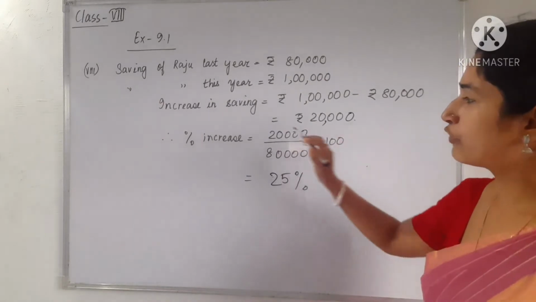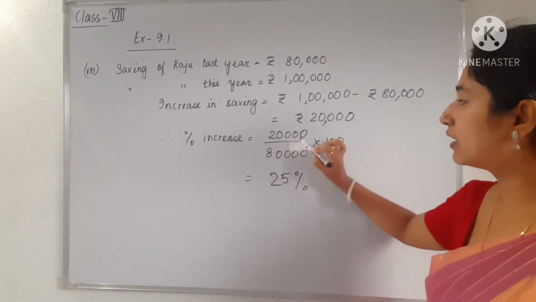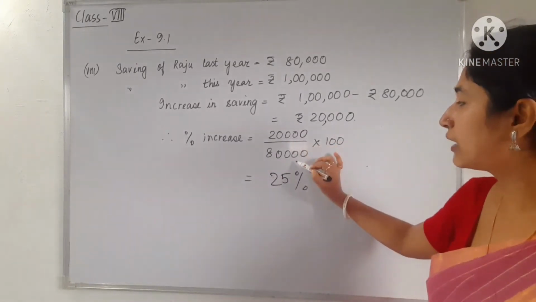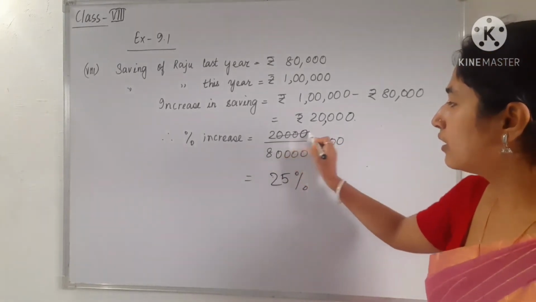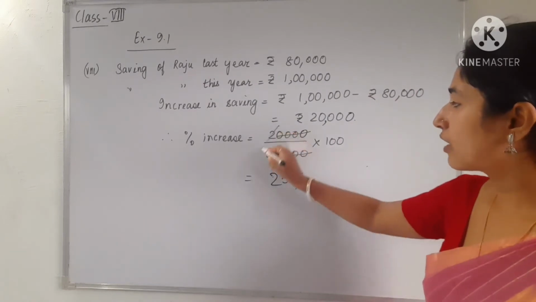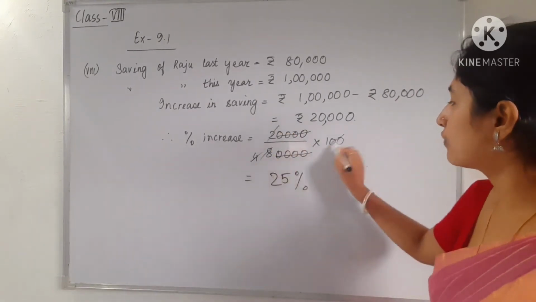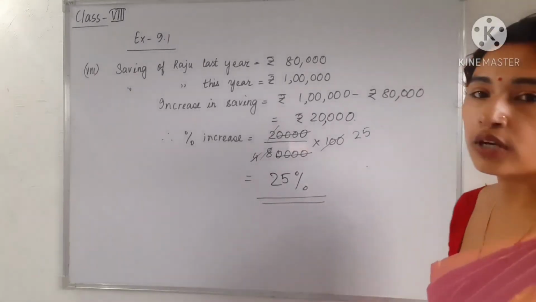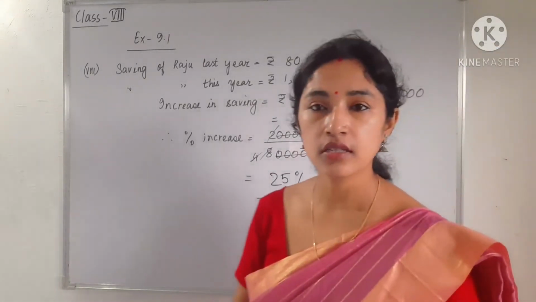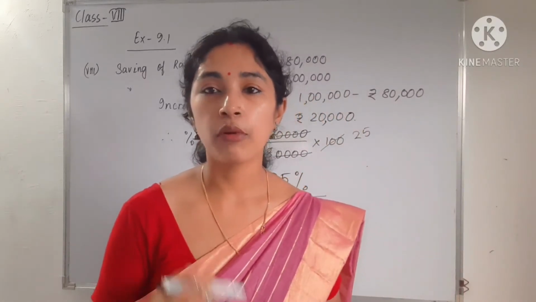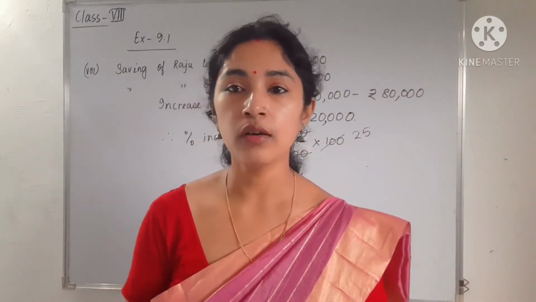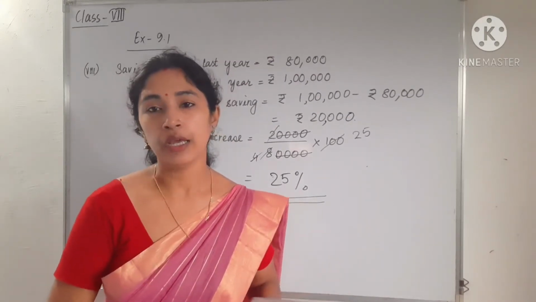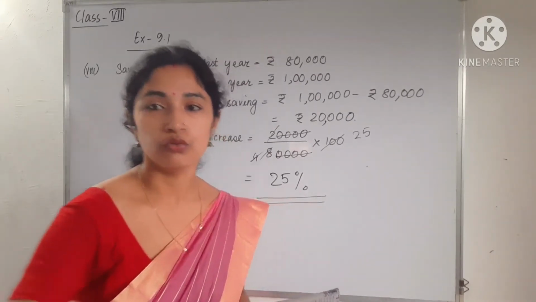Okay. So this is the increase in saving, that means the change in the amount. So we have to find the percentage increase, that will be the increase in amount by original amount into 100. So that will be 20,000 by 80,000 into 100. So you can see here 4 zeros will be cancelled out, so 2 4s are 8, and then 4 we have to cancel with 100, we will get 25. So finally we will get 25%. That means from last year, this year he saved about 25% more money. Okay. So students, please try to do the remaining questions of number 1. Next I am going to question number 2.